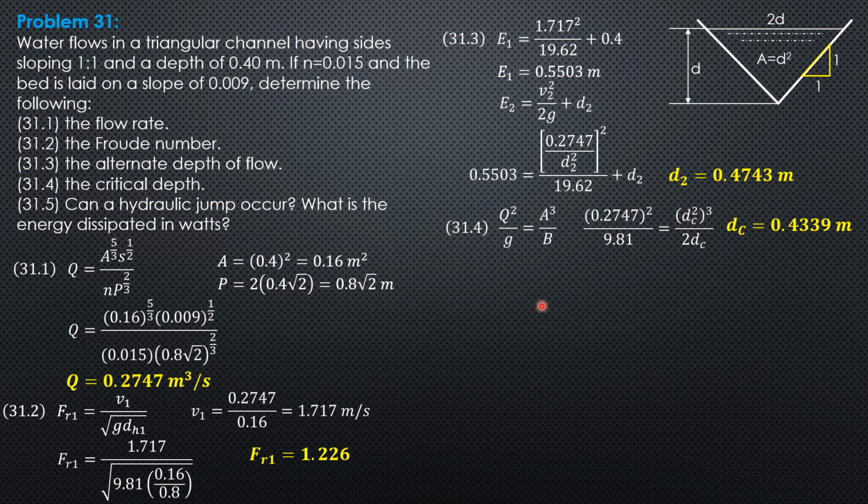Then the question: can a hydraulic jump occur? We already answered that yes, because it begins with supercritical flow. So what is the energy dissipated? Let's compute the depth after the jump. The depth after the jump is not the alternate depth. It's different,